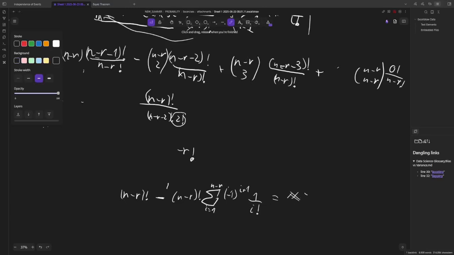So now if we divide this by the whole combination, which is n factorial,